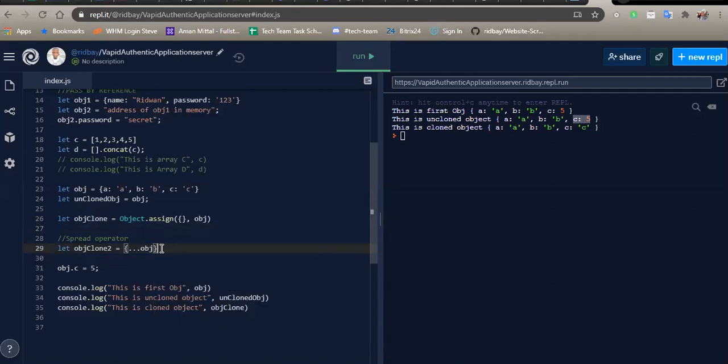So if I console.log this now, let me just copy and modify this. This is spread operator clone, and I do object clone 2. So if I run this now,